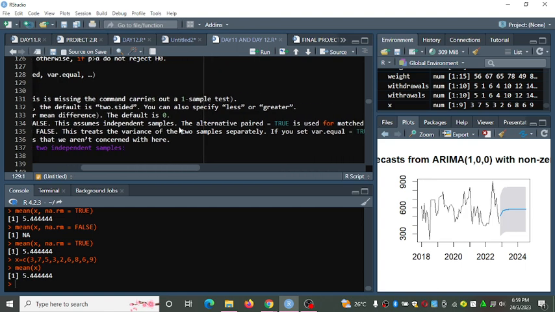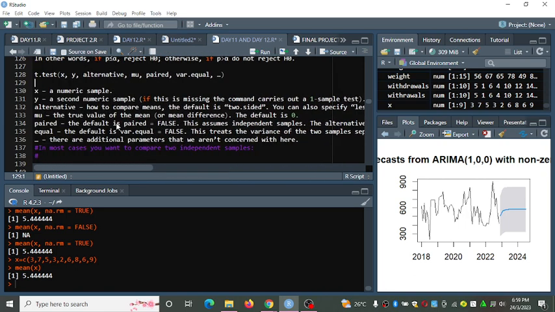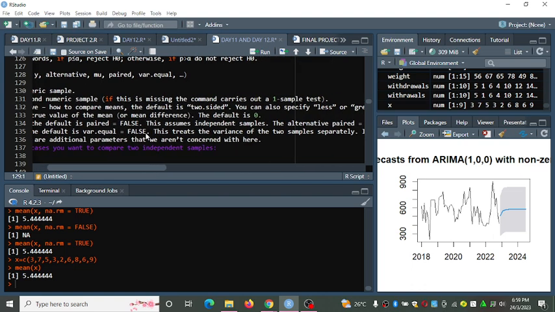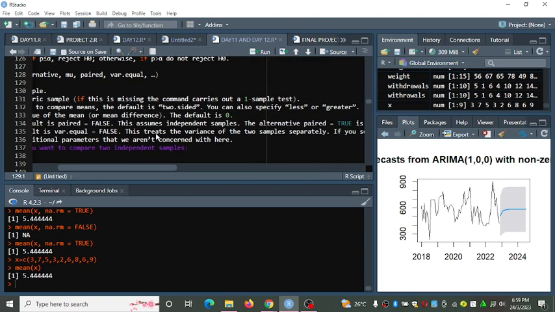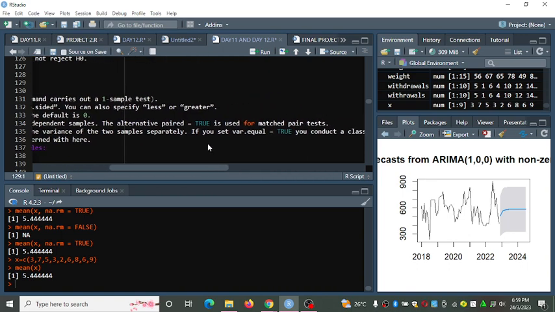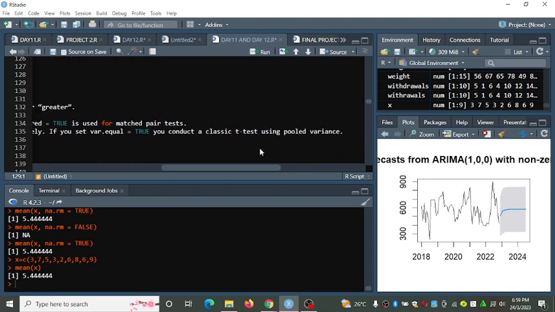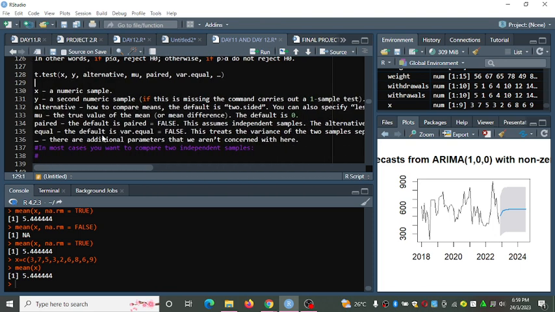The alternative, paired true, is used for a matched pair test. For equal variances, the default is false. Even if you don't specify, by default the variance is false. This treats the variances of the two samples separately. If you set it to true, you conduct a classic t-test using pooled variances.